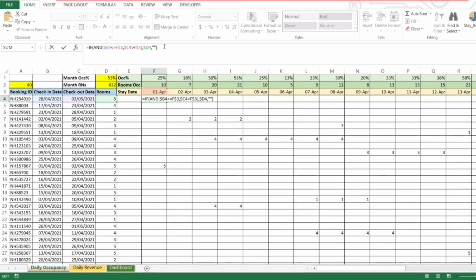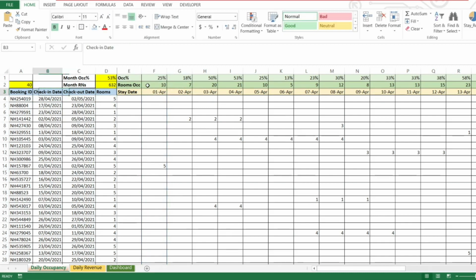So here's the formula. It uses a simple IF statement along with an AND operator. And if you apply it over the entire range of the bookings data, which I have in columns A, B, C, and D, I'll get to that later, and over the entire calendar dates of that particular month, it is possible to calculate the room occupancy of each particular day.